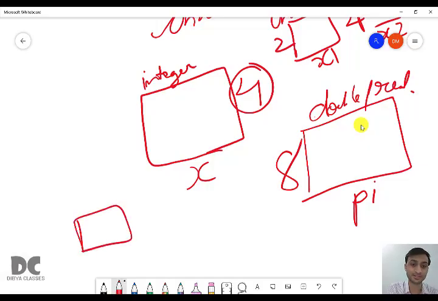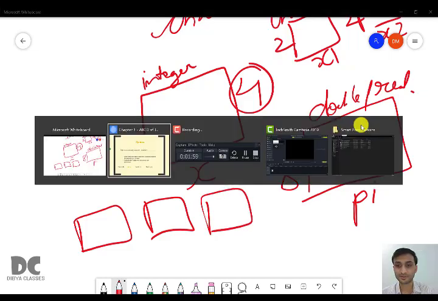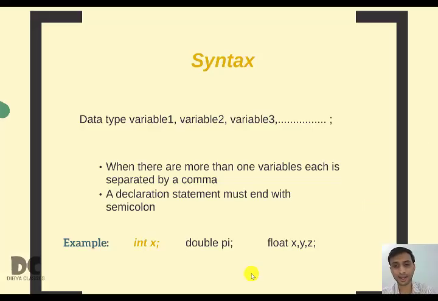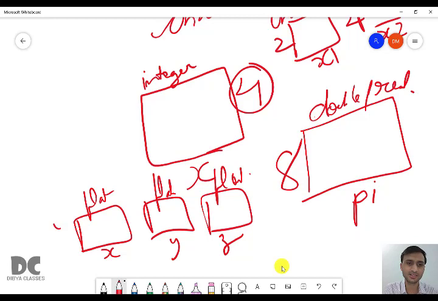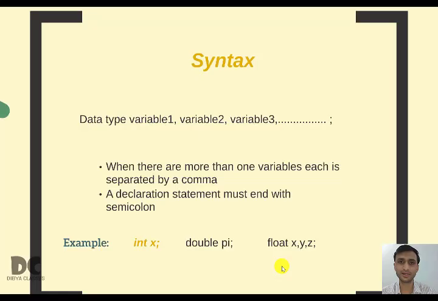It will create 3 variables separated by commas. At the end you have to give a semicolon. It is compulsory. So it will create 3 variables of names x, y, z. All the 3 of float type and of size 4. Clear?